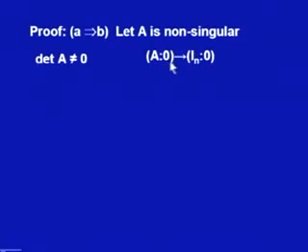That means we can apply elementary operations on the augmented matrix, and this augmented matrix can be converted to a matrix like this, and this simply means that we will have